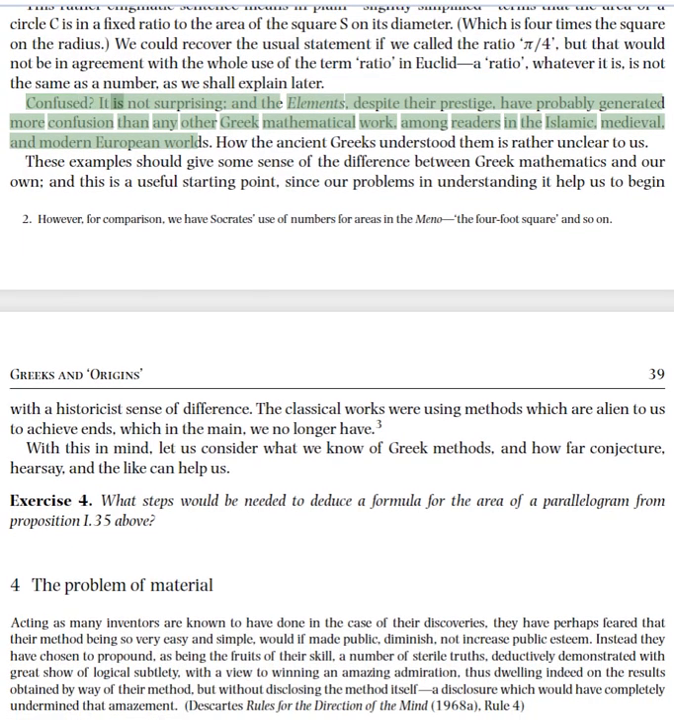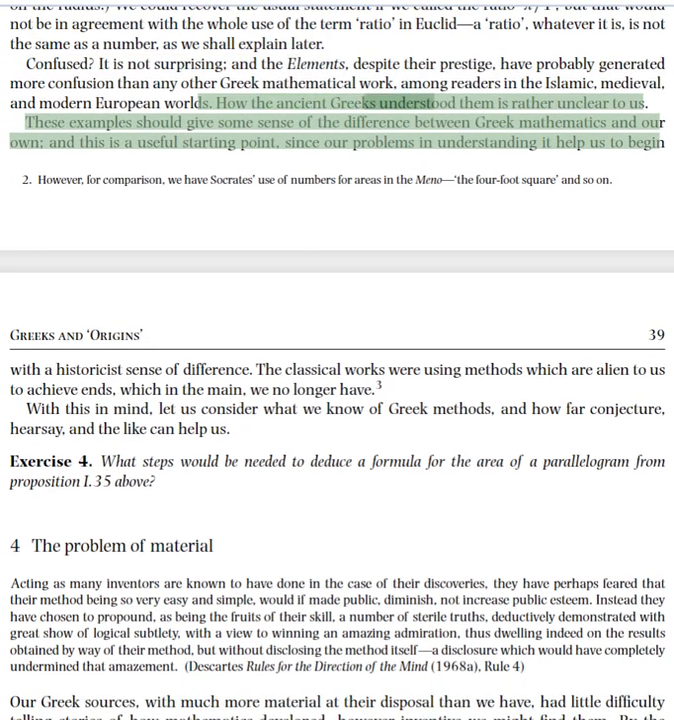Confused? It is not surprising, and the Elements, despite their prestige, have probably generated more confusion than any other Greek mathematical work among readers in the Islamic, medieval, and modern European worlds. How the ancient Greeks understood them is rather unclear to us. These examples should give some sense of the difference between Greek mathematics and our own, and this is a useful starting point, since our problems in understanding it help us to begin